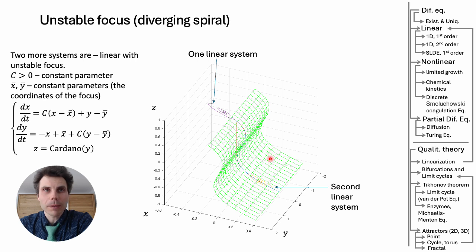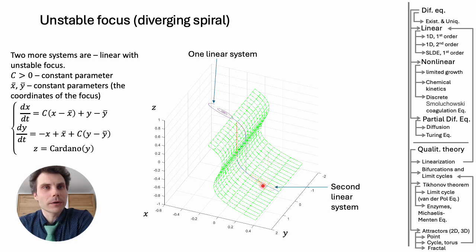We quickly pass through the relaxation kinetics, and then the system experiences the effect of the focus, while Z is still almost constant. The cubic or the Cardano function is not changing much here in this region. So the focus starts